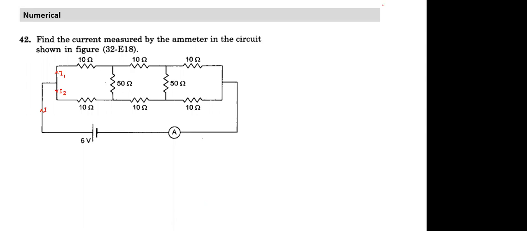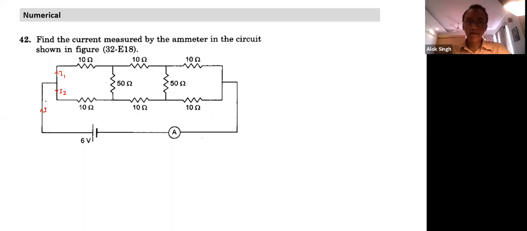Yes, sir. So let's see what is the current coming from the battery. Let I be the current coming from the battery, and at this junction the current gets divided into two paths. Some current I1 goes here and I2 goes here. Can you tell me what would be the relationship between I1 and I2 in this figure? Would there be any particular ratio? Do you notice anything?